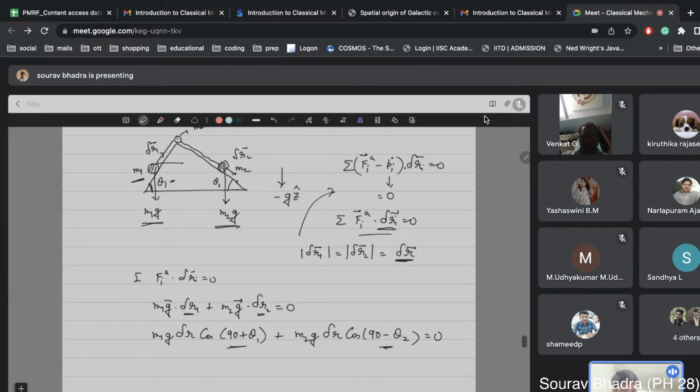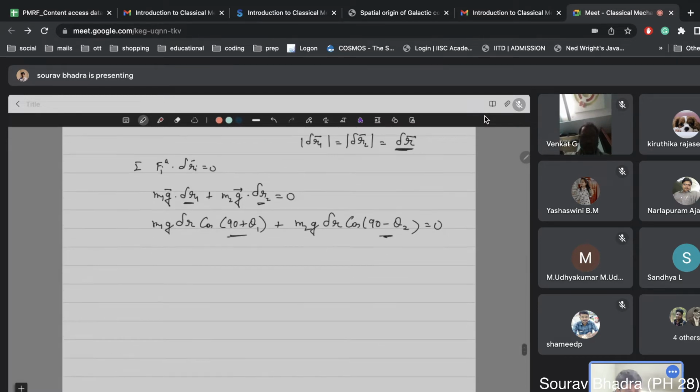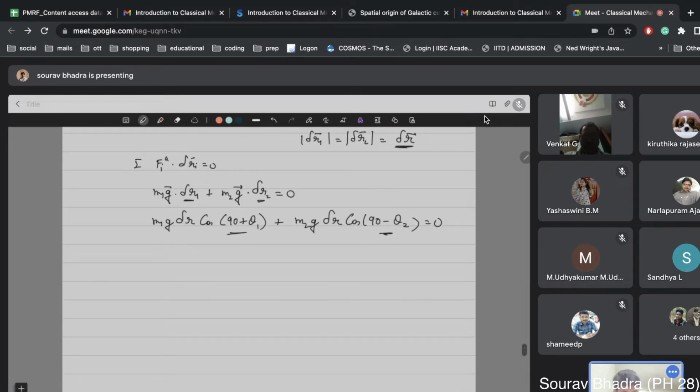If this angle is theta 1, then this angle will be 90 degrees plus theta 1, and for mass 2 the angle will be 90 minus theta 2. That will give you (-m1g sin theta 1 + m2g sin theta 2) delta r